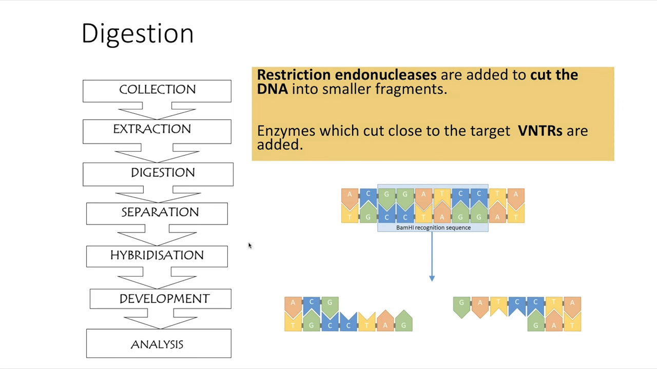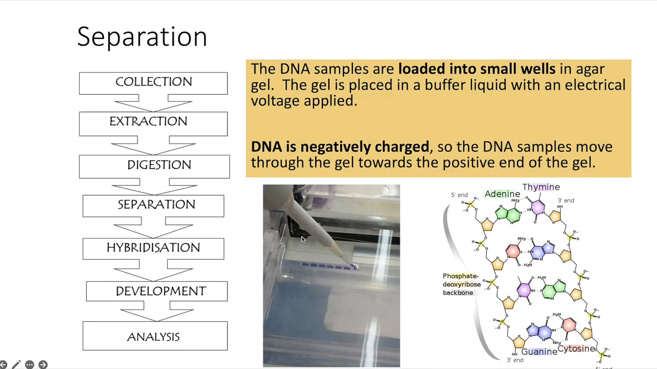Then we need to digest this DNA, and we're going to use restriction endonucleases to cut the DNA into smaller fragments. Enzymes which cut close to target VNTRs are going to be added. To separate out the VNTR, those cut up fragments, the DNA samples are loaded into these tiny wells in a